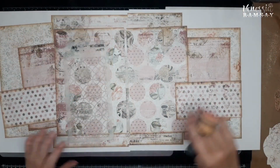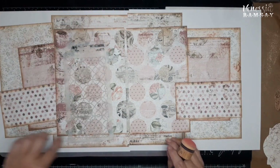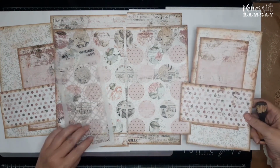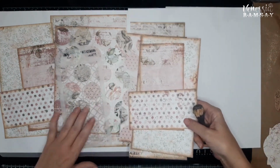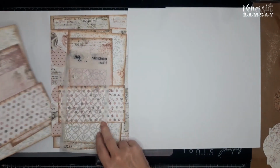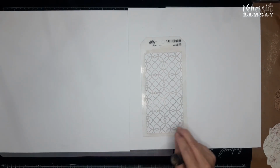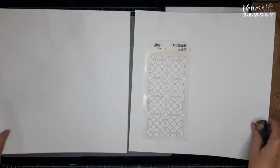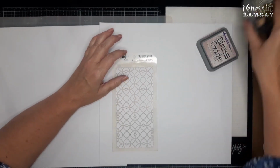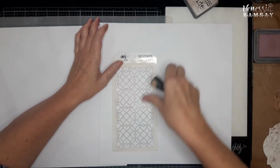So what I'm going to do now is just add a bit of stenciling to my background. I'm just going to go around the sides like that. So I'm not going to do the whole background. I just need a little bit of stenciling. I'm going to use this, I think it's lattice work from Tim Holtz. And really I'm just going to apply a very soft layer. I don't even want it to be